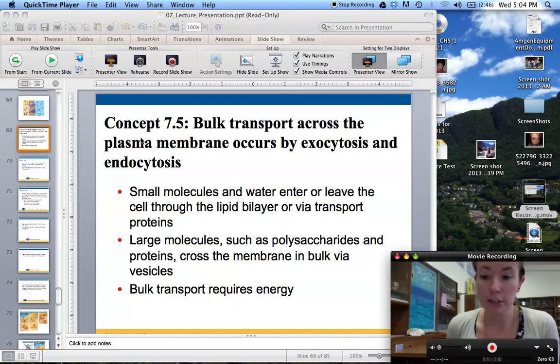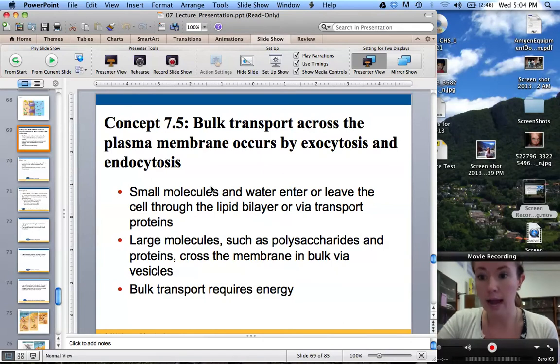So the last section in chapter 7 is about bulk transport. And this is when we involve actually the plasma membrane, not just proteins in the plasma membrane, but we're actually actively using the plasma membrane to move things across it. And this is very active transport, like I said, actively, because we need to put in not a ton, but